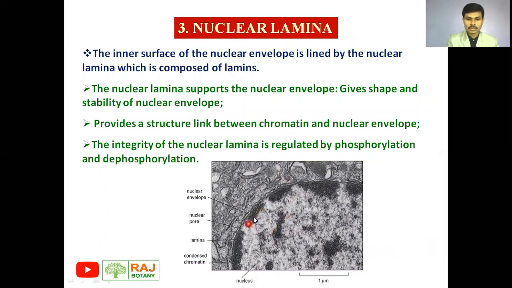Here, this slightly blackish colored structure is called the nuclear lamina, which gives support to the chromatin material. And this somewhat whitish gray structure is actually the chromatin network. This nuclear lamina provides the structural link between the chromatin material and the nuclear envelope. Here we can see the nuclear envelope, and this whitish color is the chromatin material, and the nuclear lamina provides the structural link for chromatin and the nuclear envelope.